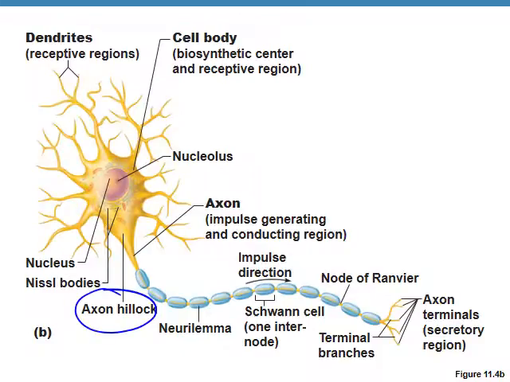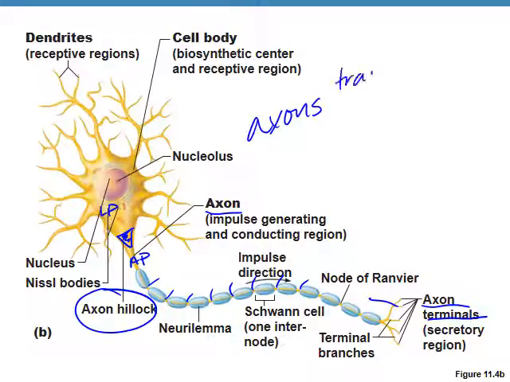Now we know about the axon hillocks, which is this area here where we turn a local potential into an action potential. We can see the axon, little pieces of it poking out all the way down to the axon terminals. So another term they'll use is to talk about axons. They'll talk about tracts versus nerves.